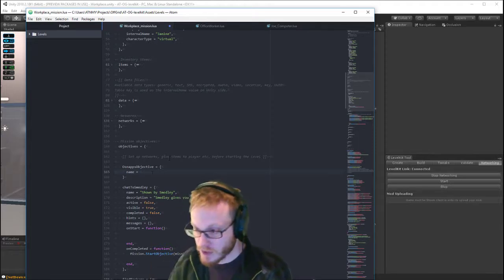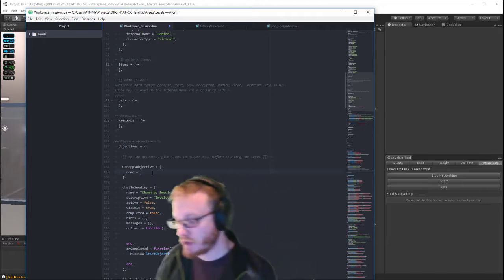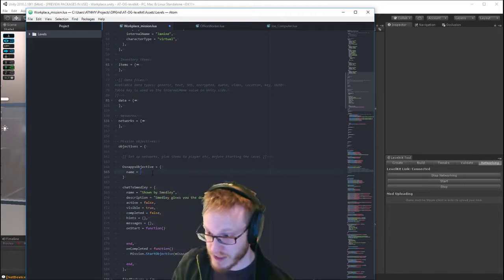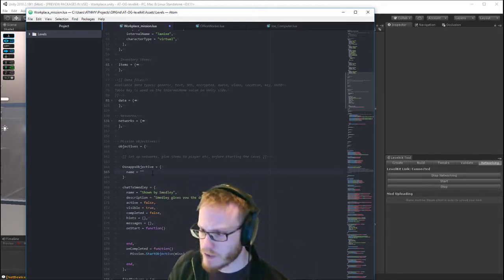So all the stuff that gives your player some direction is automated through literally just filling this table out. So the name of this is going to be